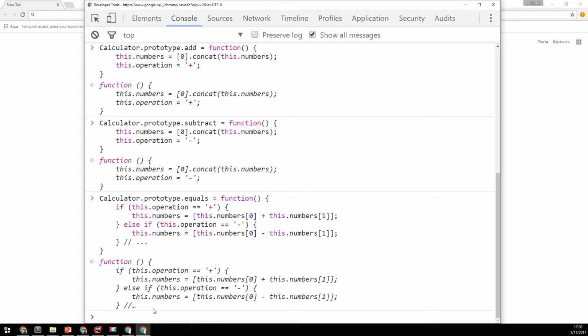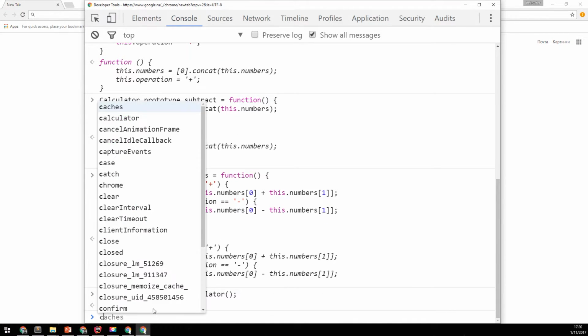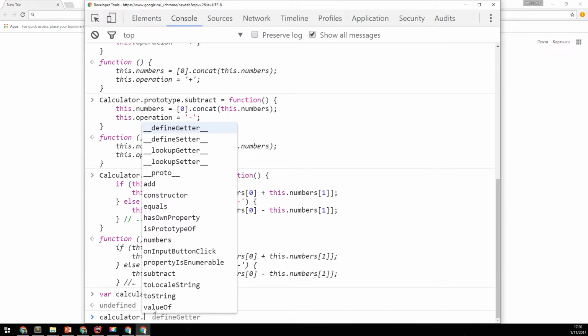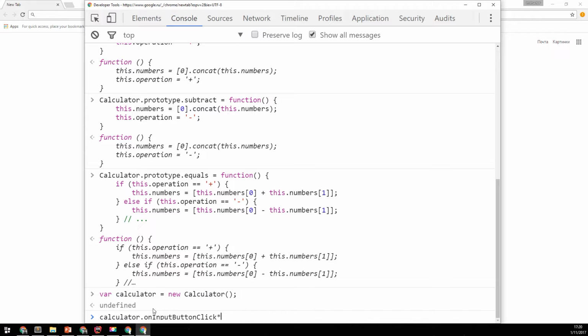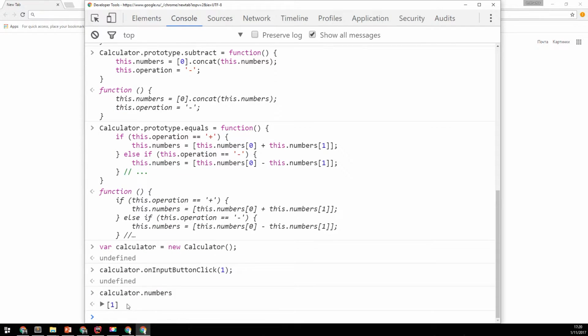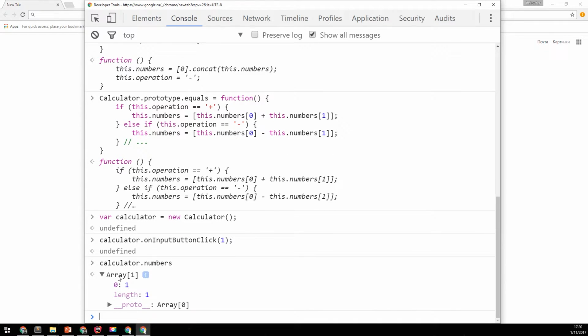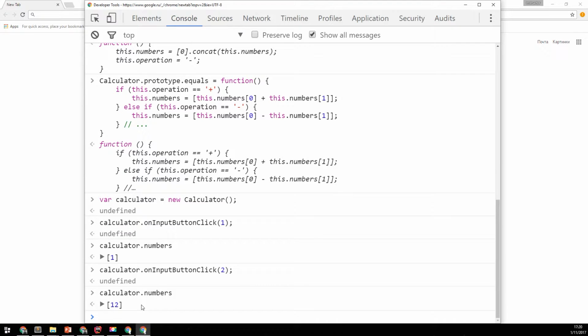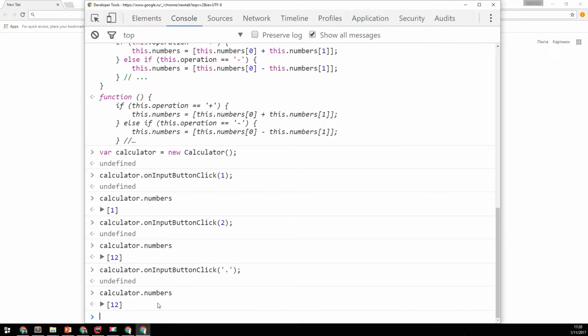Now we can create a new calculator instance: calculator equals new Calculator. And do something with it. For example, calculator onInputButtonClick 1. We can check that it works by examining the numbers array, and we see 1. Let's now click button 2, and it's 12. Let's now click dot, and it will not work